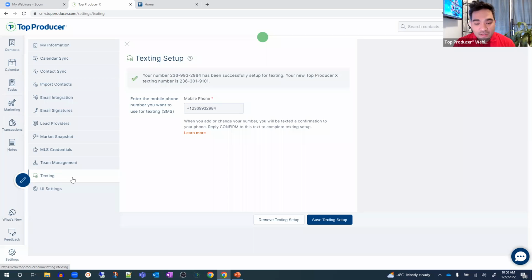So all you have to do is switch over from your AI to X and start texting your contacts. You just open the contact, go to the texting tab, and send them a text straight from there. To be able to do that, you just have to set it up here. You put in your cell phone number. It'll send you a confirmation text saying, hey, please reply to this text with the word confirm. Once it's confirmed, you'll see something like this where it says you're successfully set up for texting, and